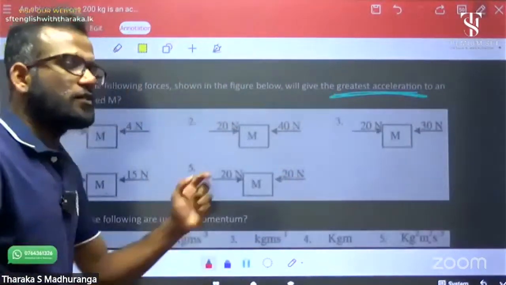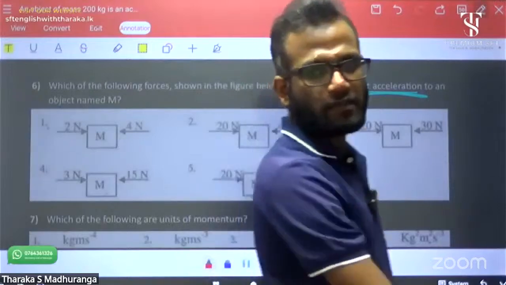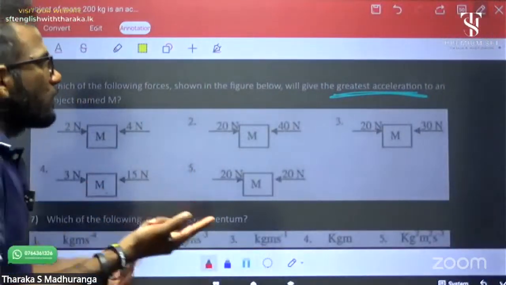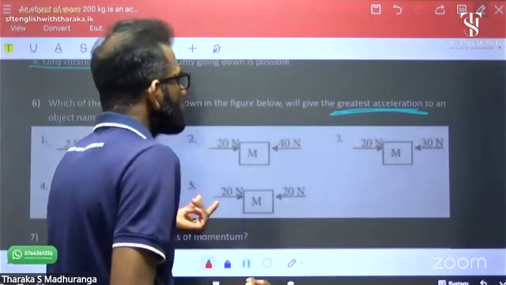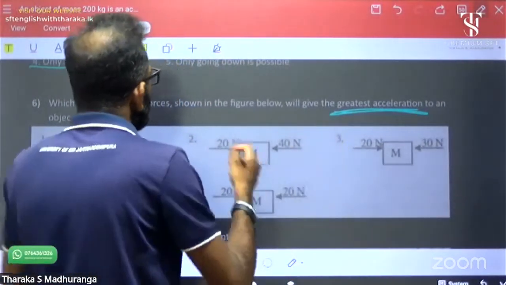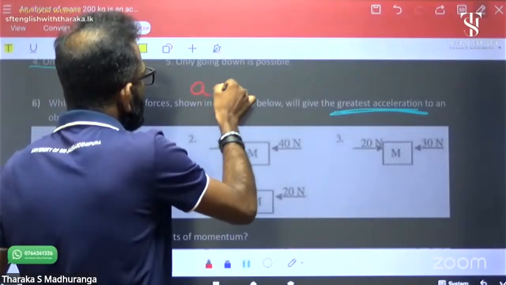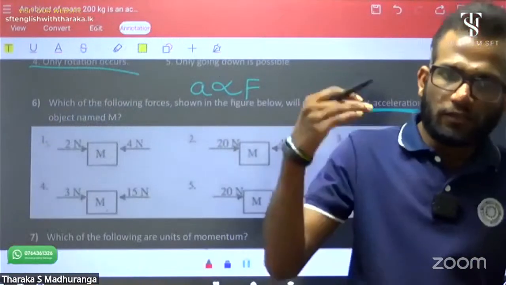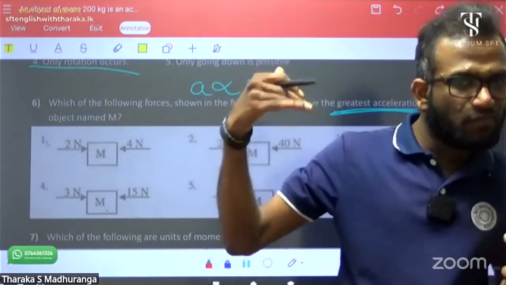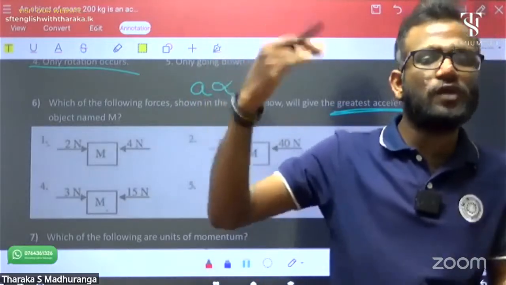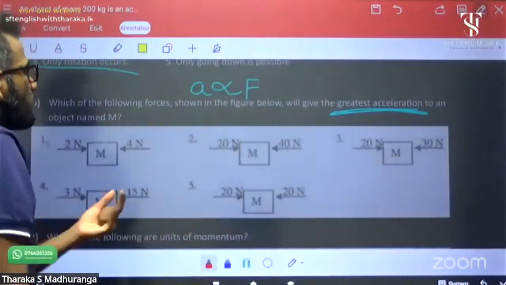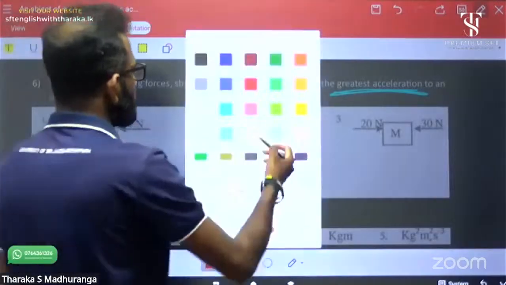Greatest acceleration. Okay, to get the greatest acceleration, according to Newton's second law, acceleration is directly proportional to the unbalanced force. That means if the unbalanced force, the resultant force, increases, the acceleration also increases. Okay, then I can find